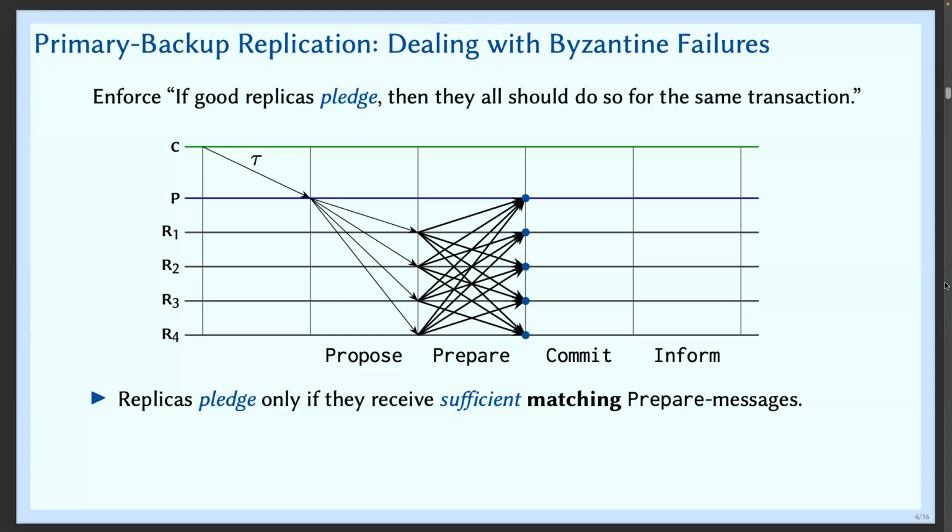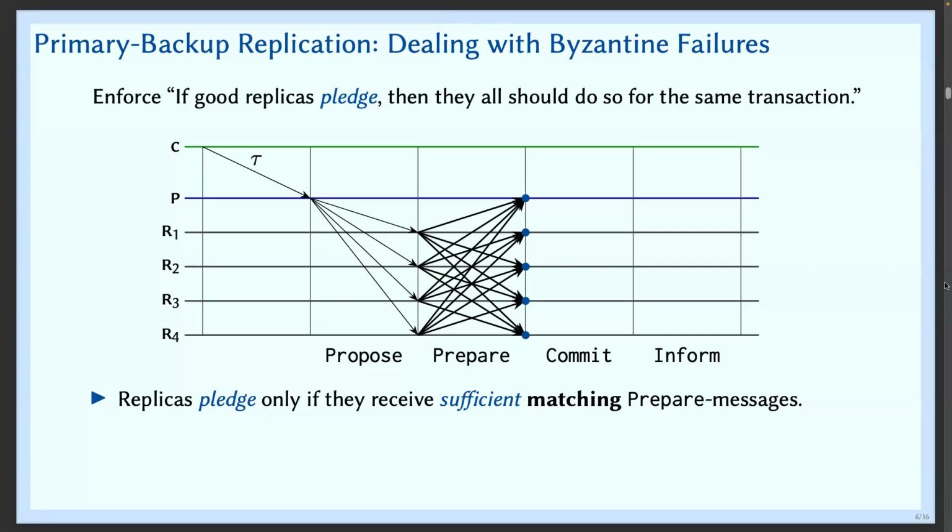Yes. So just to confirm, we have 3F plus 1 replicas to ensure that after you prepare state, like sending the message, you receive 2F plus 1 messages. And now let's say, why do we need 2F plus 1? Why couldn't we have just worked with 2F?